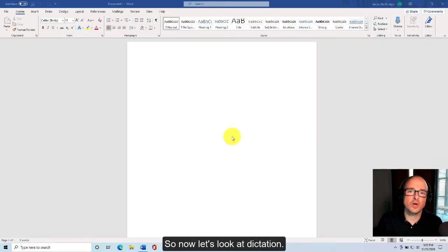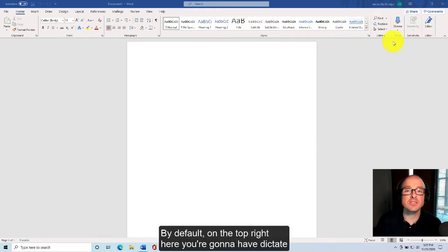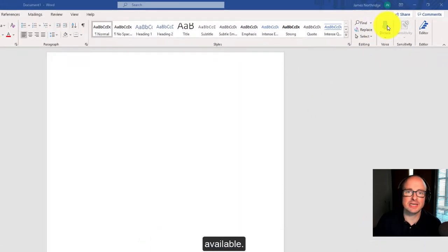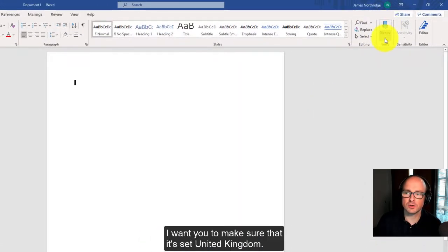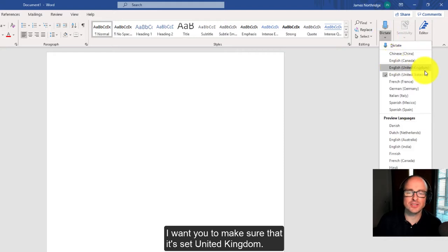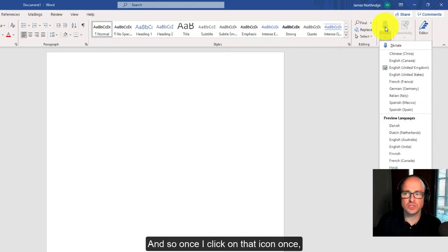Now let's look at dictation. How do we use dictation in general? By default, on the top right here, you're going to have Dictate available. You're just going to hit the drop down. I want you to make sure that it's set to United Kingdom. And so once I click on that icon once,